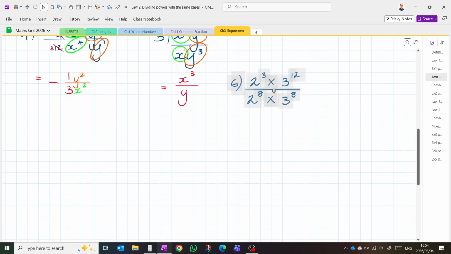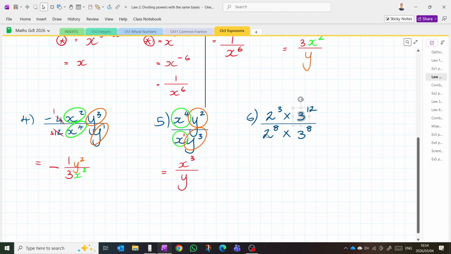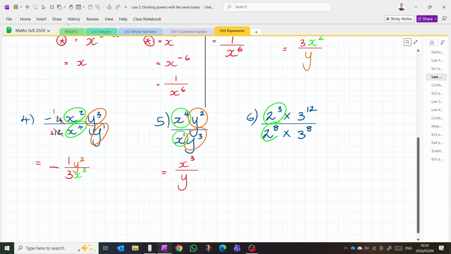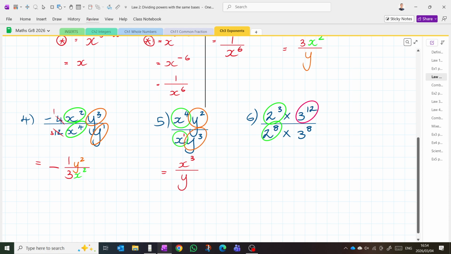Now this is the first time numbers have made an appearance again, as bases. So I need you to take note of the difference between a number as just a number, or a number that's being treated as a base when it has an exponent. Because this 2 and this 3 could have just been x and y, and then it would have looked pretty much the same as this. So when they have powers or exponents, treat them like bases, not like numbers. So I've got a base of 2 and a base of 3. So let's see.